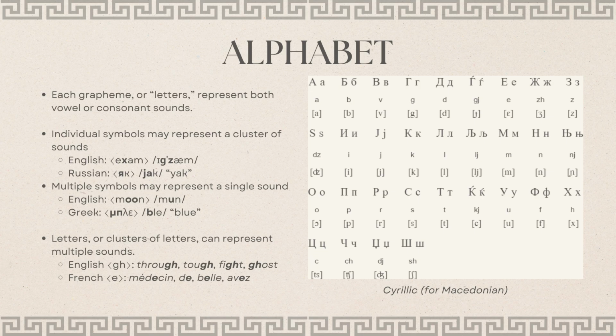So another common alphabet is Cyrillic. Cyrillic is used in many Slavic languages, many Turkic languages as well, also used in Mongolian. And here we have Cyrillic used for the Macedonian language, which is another Slavic language. So as you could see, each letter or each grapheme or each glyph represents a specific vowel or a specific